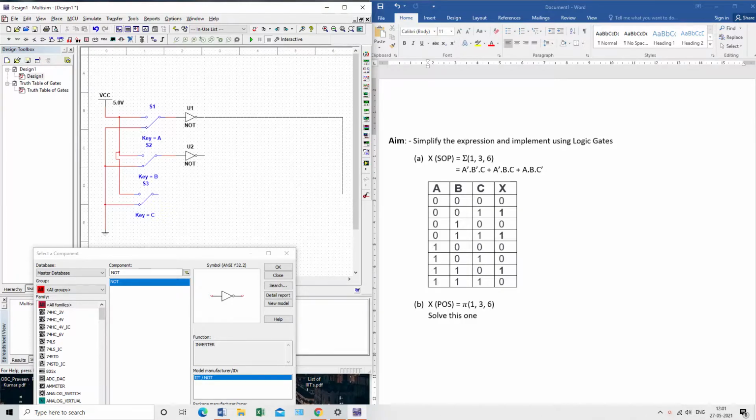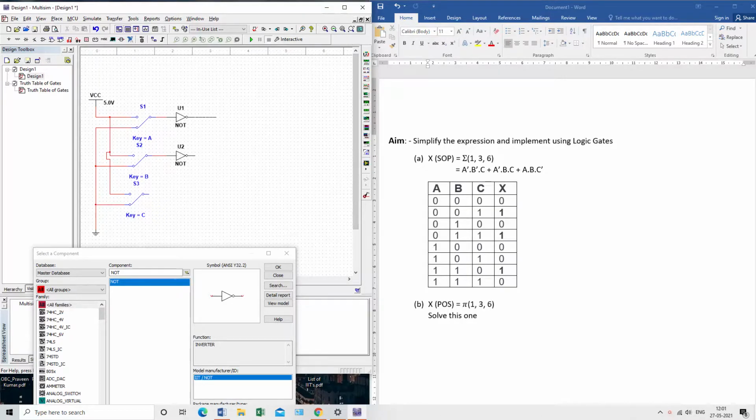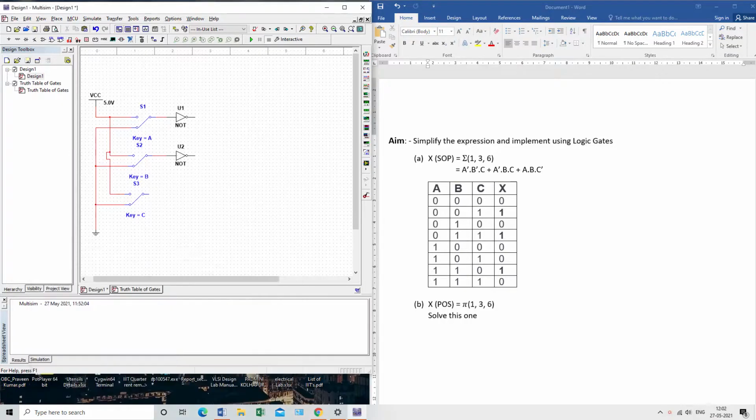All these three will go into an AND gate, and we need a three-input AND gate. As you can see, this one is a three-input AND gate because we have to supply three inputs.